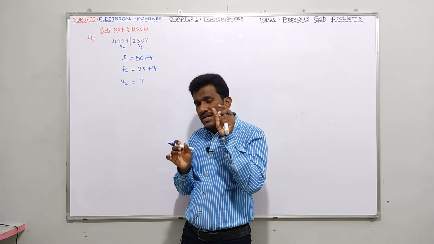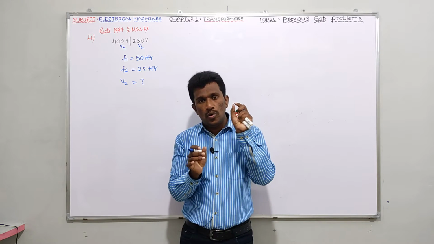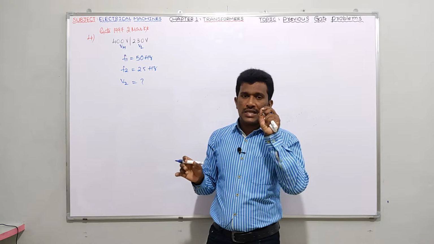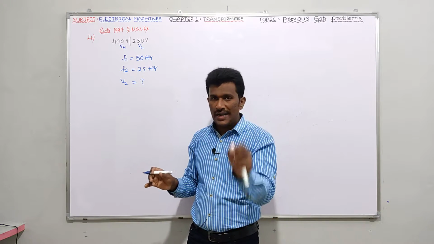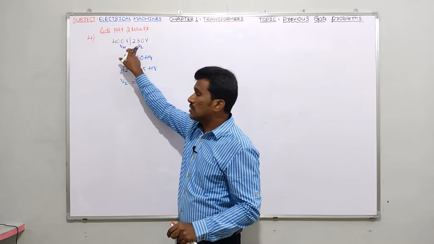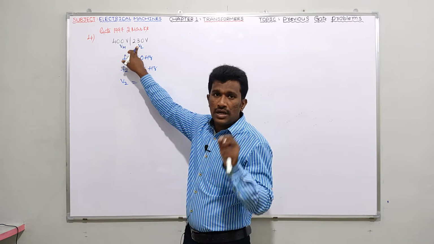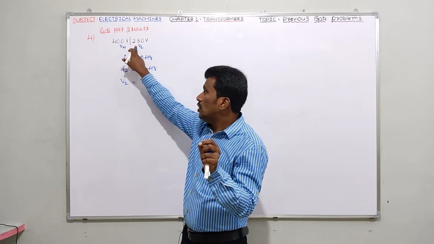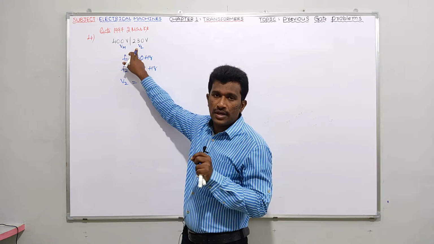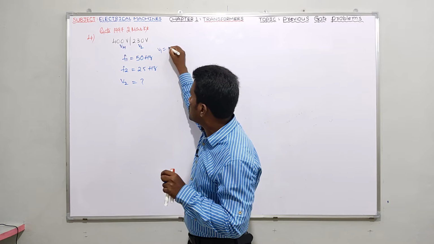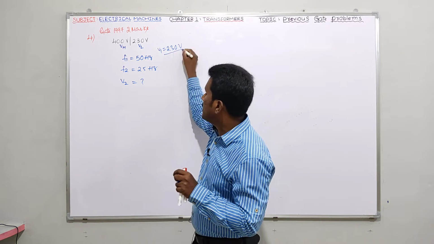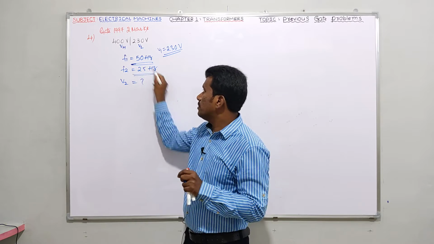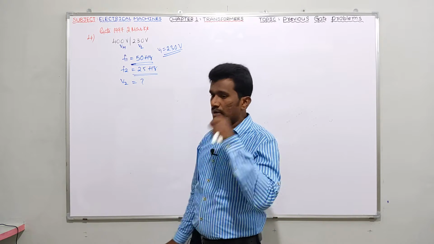For deciding that, he has clearly given the low voltage winding of a. That means initially he has given supply to the low voltage winding, which is 230 volts, the low voltage side. So you should take V1 as 230. V1 equals 230 volts is what he has given indirectly to you. So F1 is 50 Hz and F2 is reduced from 50 to 25 Hz, then the supply voltage should be.